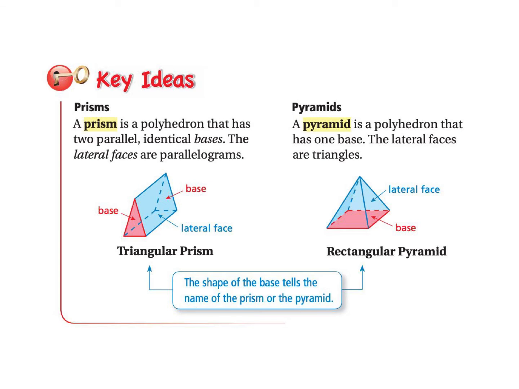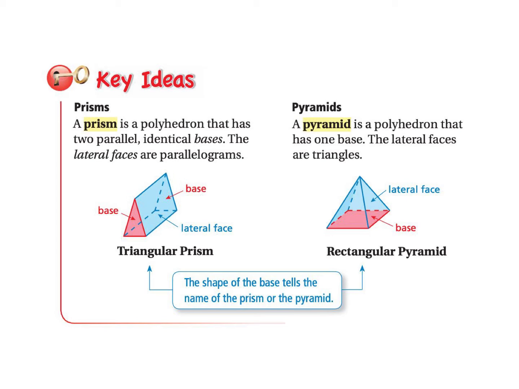So here are some more words, and hopefully as we go through the chapter, you'll become more familiar with them. A prism is a polyhedron that has 2 parallel identical bases. So like on the bottom or on the edges. And the lateral faces are parallelograms. So if we look at this one, here's the base, those are identical, and then the lateral faces are a